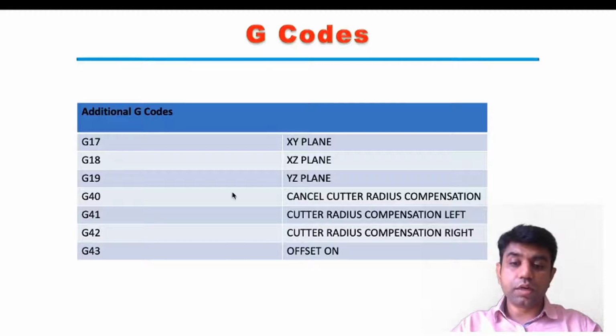This cutter radius compensation, whenever you are cancelling that, then we need to mention G40. And as I told right now also, whenever we are machining on the left, we need to give G41. When machining on the right, means outer surface, then we need to give G42. And in order to cancel different length offsets, we need to give the G40 command in order to cancel this cutter radius compensation. And in order to set the tool length compensation, we need to give this G43 command.